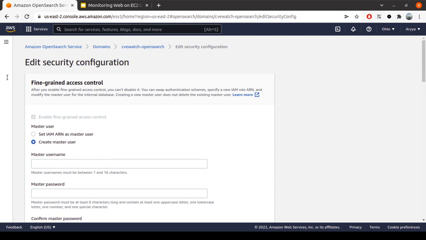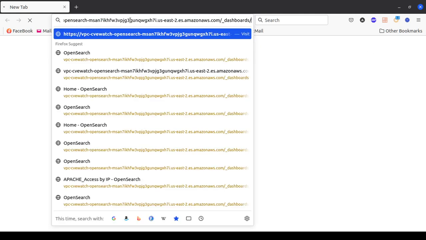Now, since I already created the SOCKS proxy by SSH to my EC2, now I will open the dashboard using another browser because I already created the proxy, right? So no need to use VPN or something like that. So now let's open another browser, and this is the endpoint mentioned in the portal of the OpenSearch. Now let's open this. It will fail because there is no connection, so I just need to use the proxy that I already opened, the SOCKS proxy.